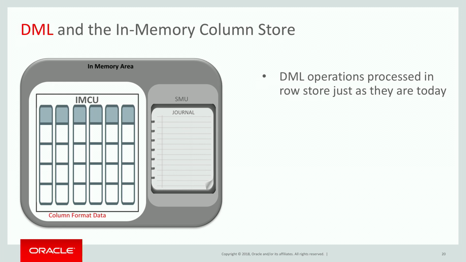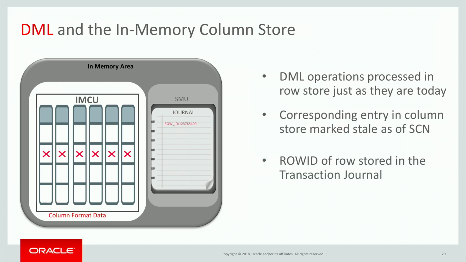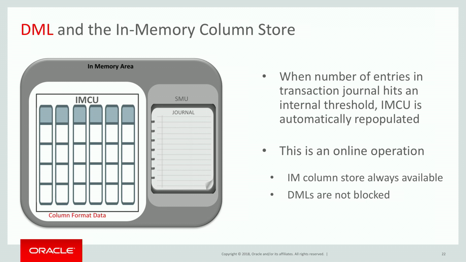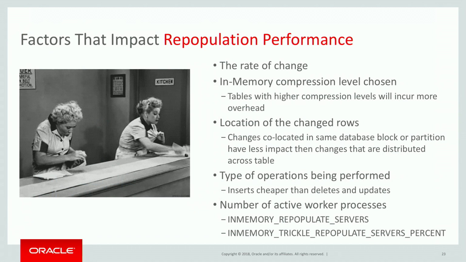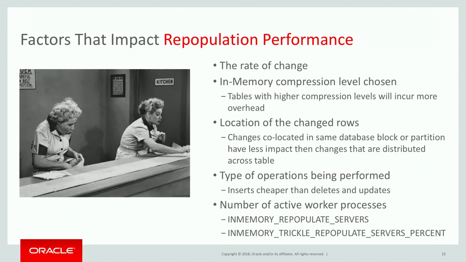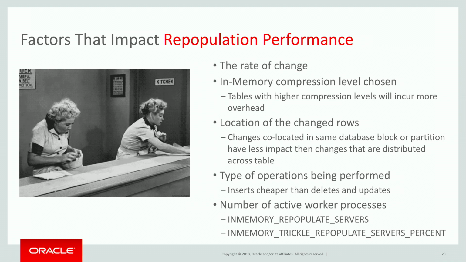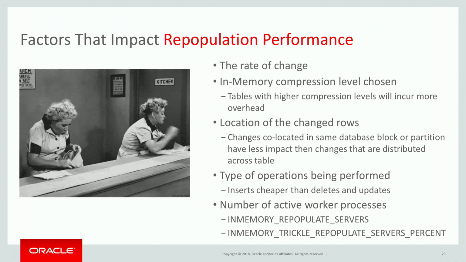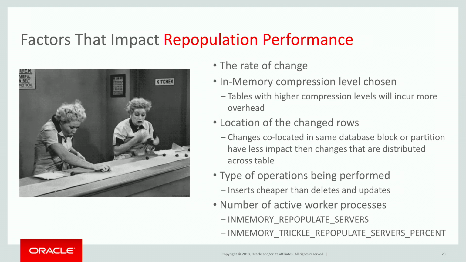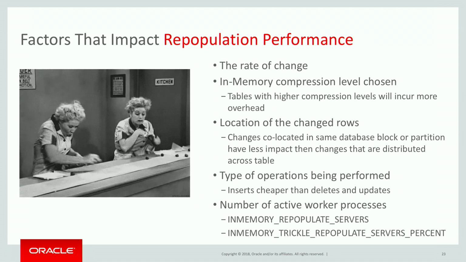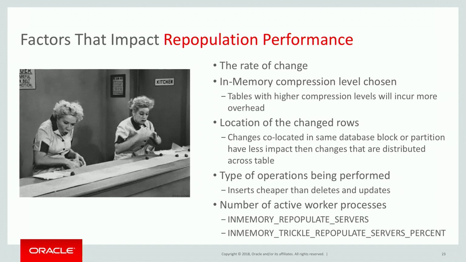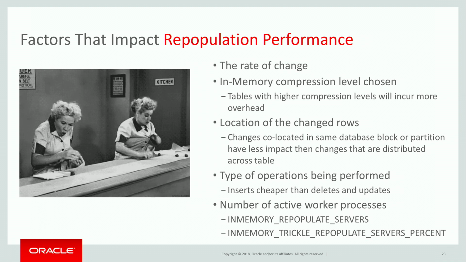So it's one of the questions that folks will very often ask, because conceptually it seems like, oh, it's going to be a big problem. The reality is it isn't. It's very efficient. As part of the repopulation process, we don't have to repopulate an entire object in the column store. We just repopulate IMCUs that have data that's changed. And we have some very efficient mechanisms that allow us to do that, and it all happens in the background, so you don't see the differences. Essentially it allows us to do mixed workload performance, providing very fast analytics on OLTP systems,